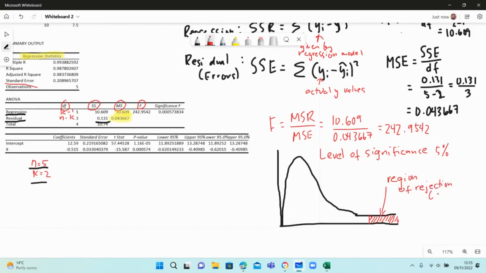Which has an area of 0.05. Okay. So this is the area of rejection. So this part of the F distribution should have an area of 0.05. And as you can see, since the level of significance for this particular F statistic is this much, this means that basically